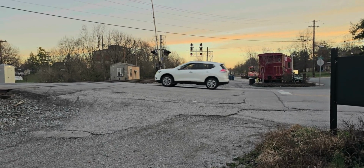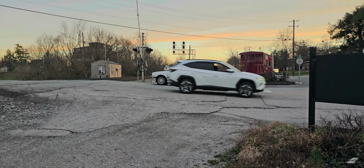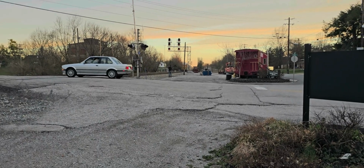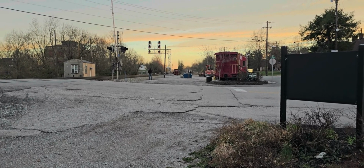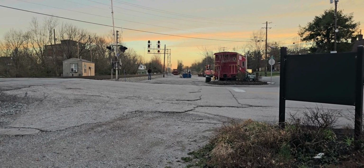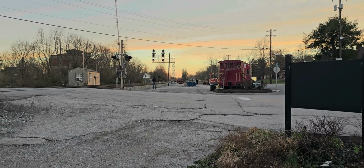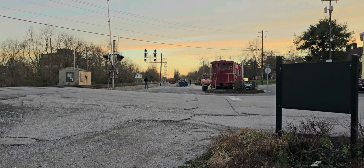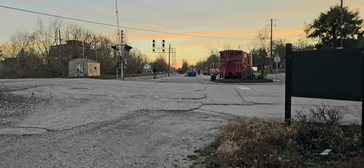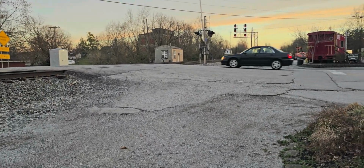Well, that train was a little longer, and I hope nothing video-wise picked up that guy's loud music. There they go, southbound. We are running out of daylight here, folks. And the trains haven't been as active here as they have been in the past. It is what it is. And we'll keep it right here. And I talked about this